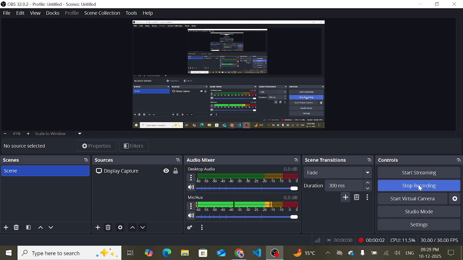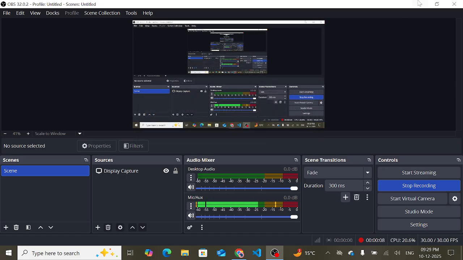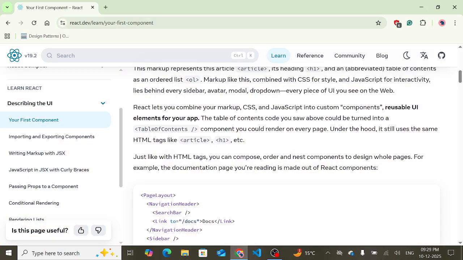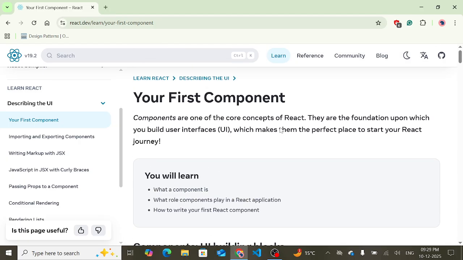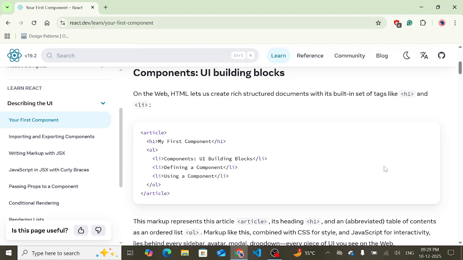All right, we're gonna have another session on React development. So let's just jump into the documentation and learn React concepts one by one. So we're gonna understand the components, which are the main foundation about which we build UIs, and well,